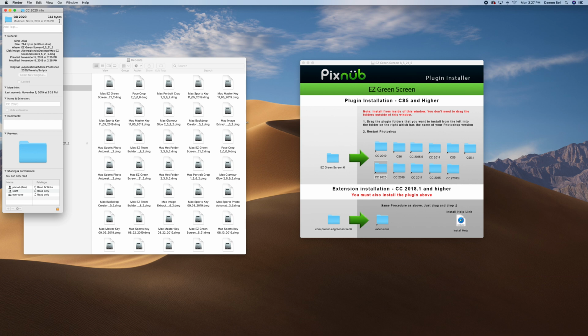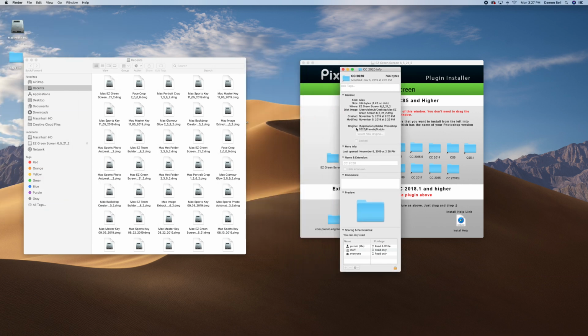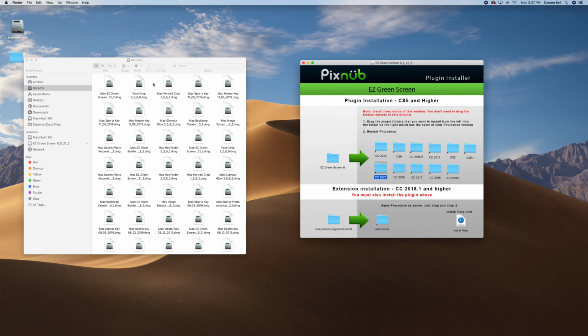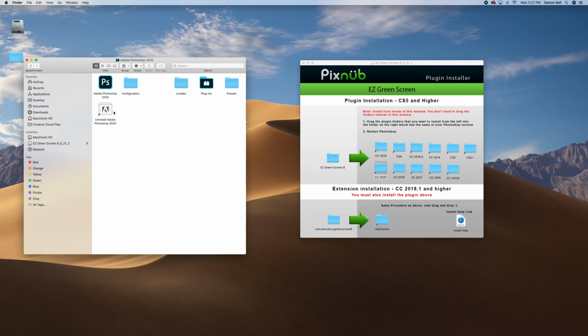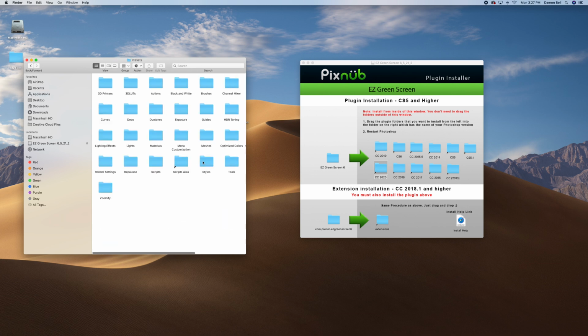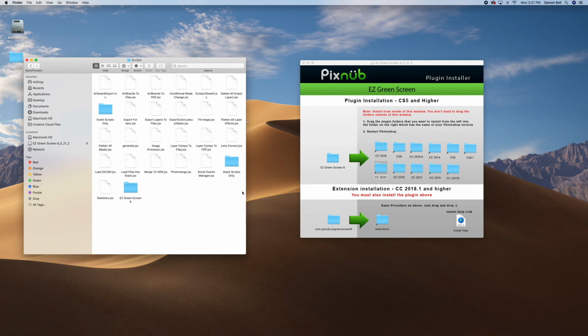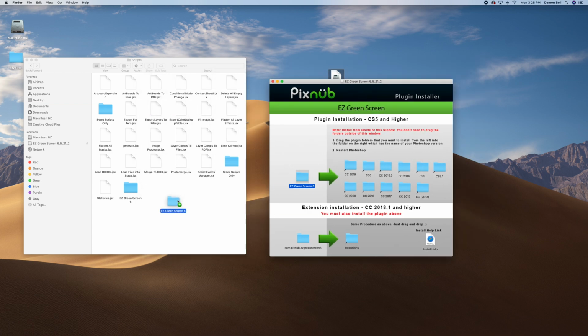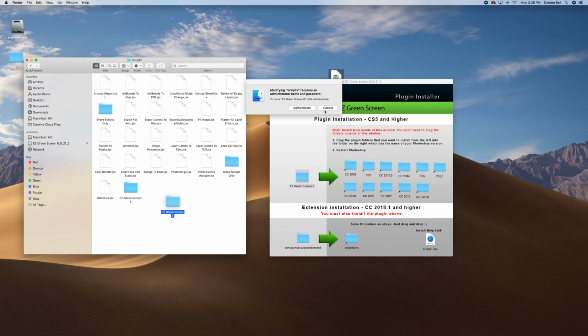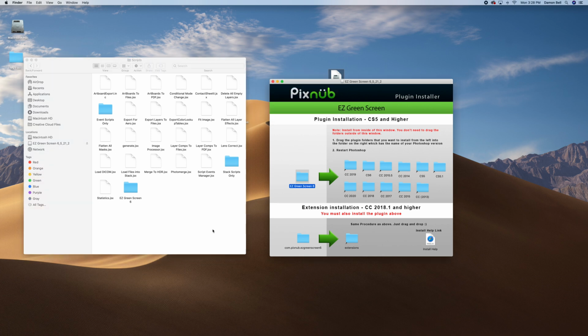Under this tab that says Original, it's going to show the path that it needs installed. So Applications, Adobe Photoshop CC 20, Presets, and Scripts. So I'll just go to that path, so Applications, Adobe Photoshop CC 20, Presets, and then Scripts. You see it's already there because I already installed it, but that's what you do: you'd open that from Finder and then just drag it and drop it here. I'm just going to cancel because I've already got that in there,